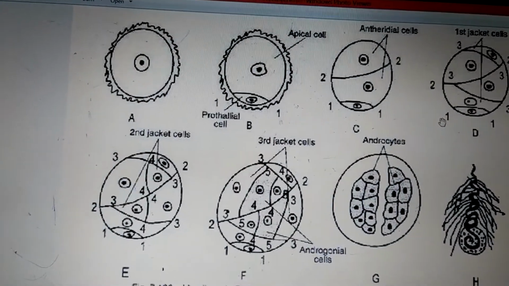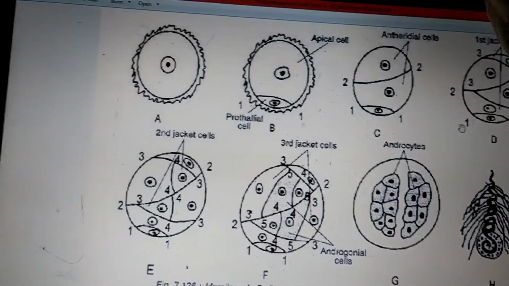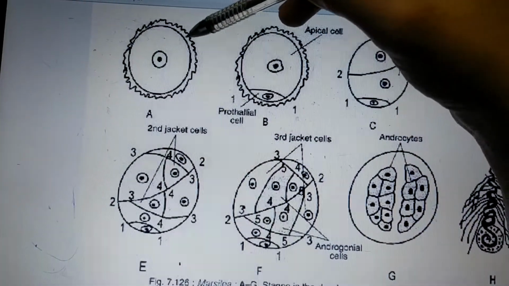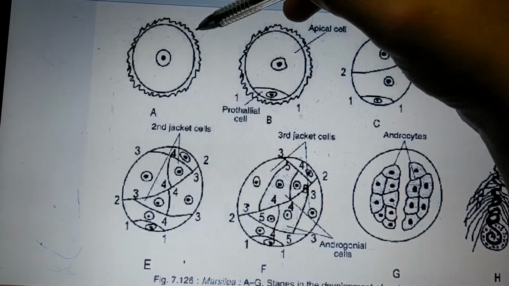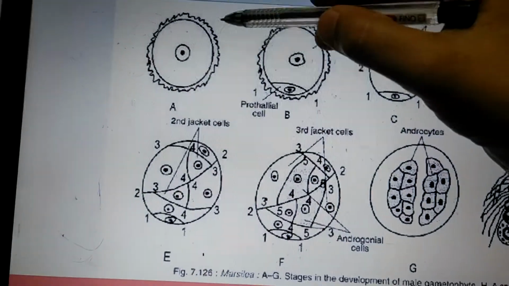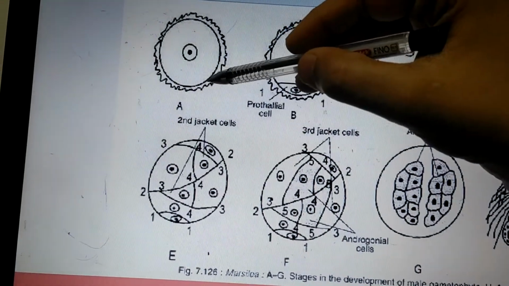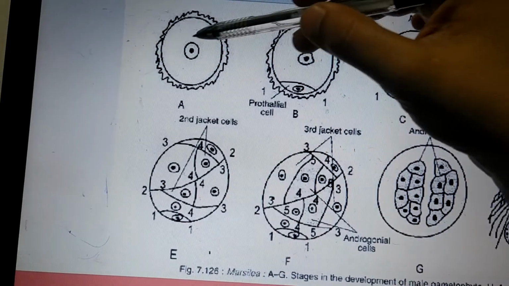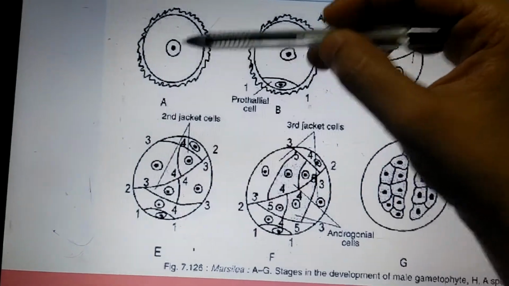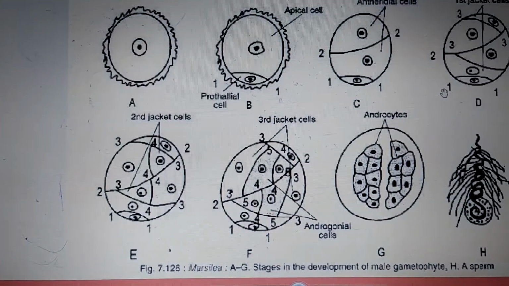So to begin with, the microspores are somewhat round structures. They are small in nature. They are surrounded by two different layers: an outer thick ornamented exine followed by a thin intine. They have a haploid nucleus and there is also a presence of starch granules here. So this is the structure of a microspore.